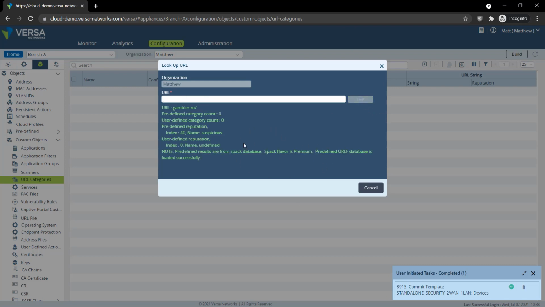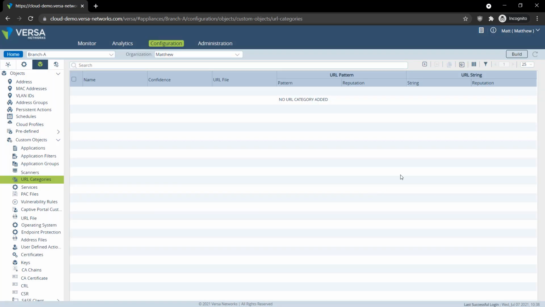So if we request it in the regular way, it will say that the aspect flavor is premium. The URL database is loaded successfully, but we cannot find what the category is, what the user-defined category is, or anything else. It's just saying that it cannot find it, and it's probably a suspicious website. So now, to verify that our cloud profile is working, we need to go to the GNS3,